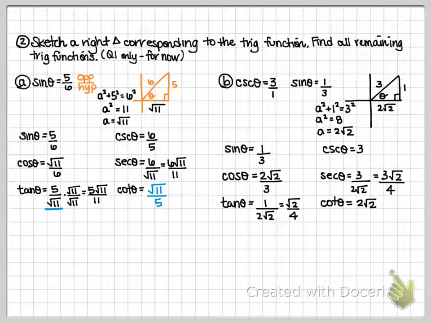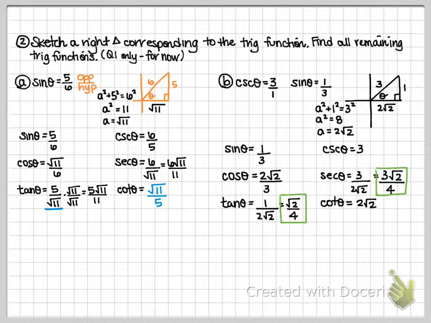So let's see how you did. So compare your answers to mine. You'll notice that I have a couple of different solutions written down for tangent and secant. So just to be clear, the answers are going to be the final ones after the rationalizations happen. So for tangent, it's going to be root 2 over 4. And for secant, it's going to be 3 root 2 over 4. We don't need to see that you're rationalizing, but we do need to know that you have rationalized. So make sure that your final answer is as cleaned up as possible. Let's take a look at the